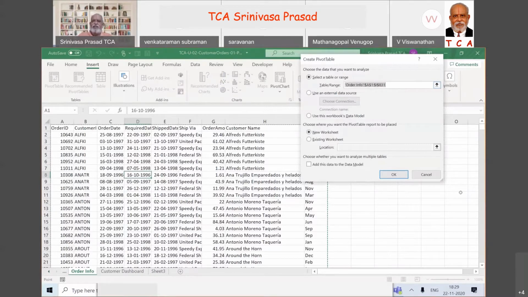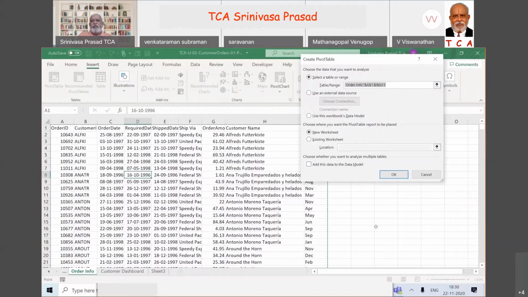That is the first information that you people should have, because we have been traditionally taught that you select the range and go for the table. Excel automatically selects. If you want to change it, you have the option of changing. But we want the full table right from the date. And we don't want it on the same worksheet.